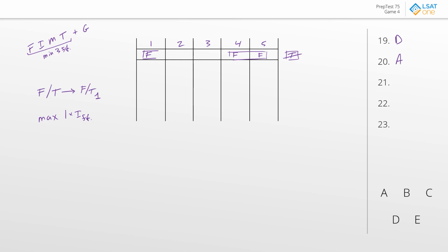Next, number 21. So this one's a global question. We'll come back to that one in just a second. Let's go ahead to question number 22, our next local question. So number 22 says, if in a particular issue, slot number 1 is occupied by the only industry feature in